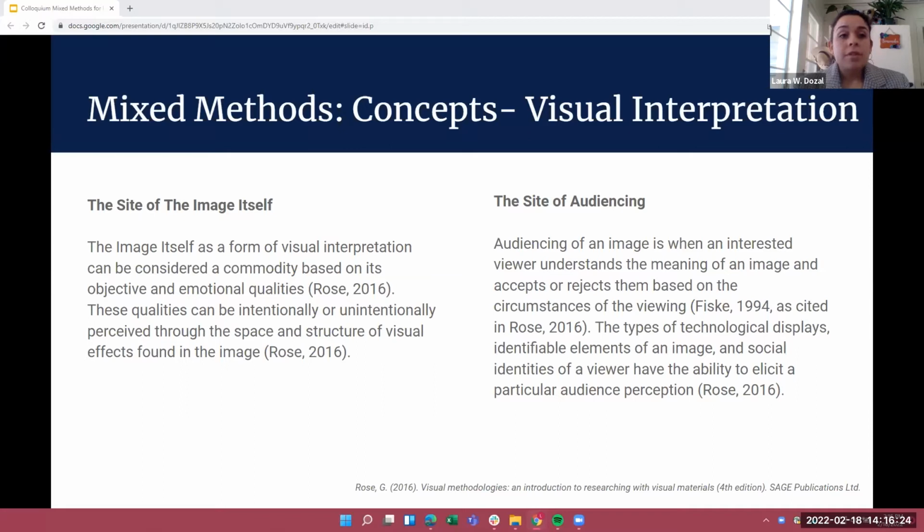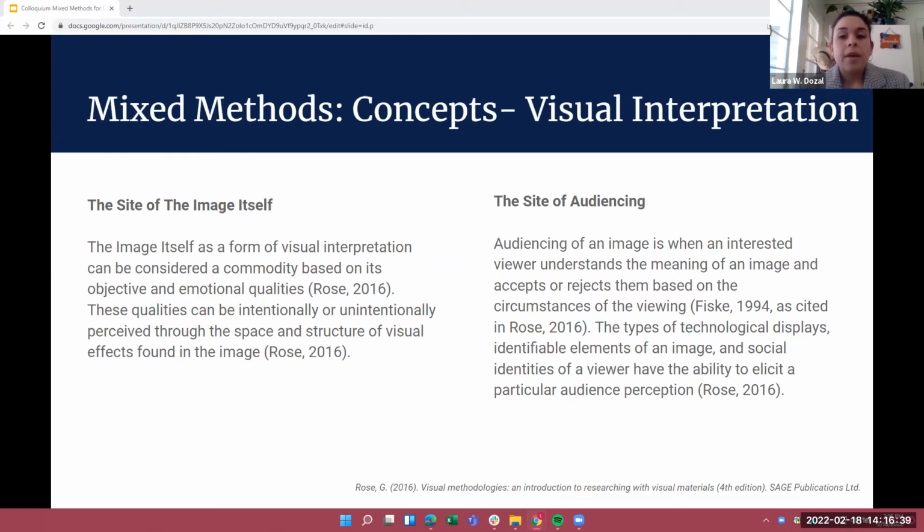The site of the image itself can be considered a commodity based on its objective and emotional qualities. So these qualities can be intentionally or unintentionally perceived through the space and structure of visual effects found in the